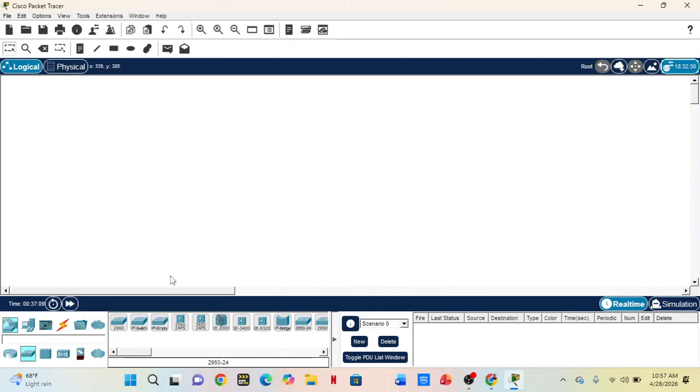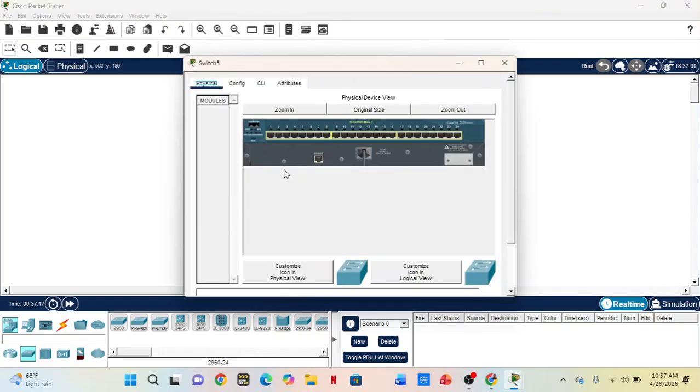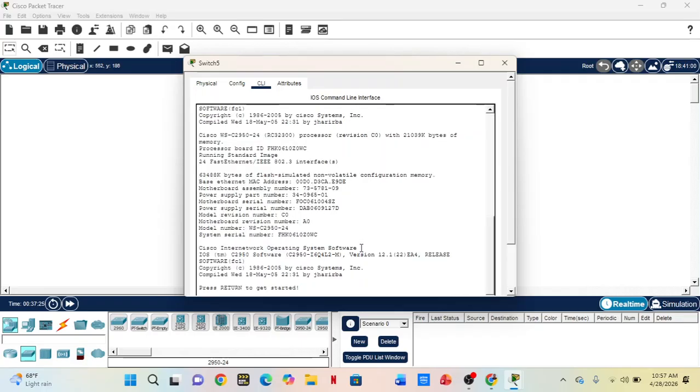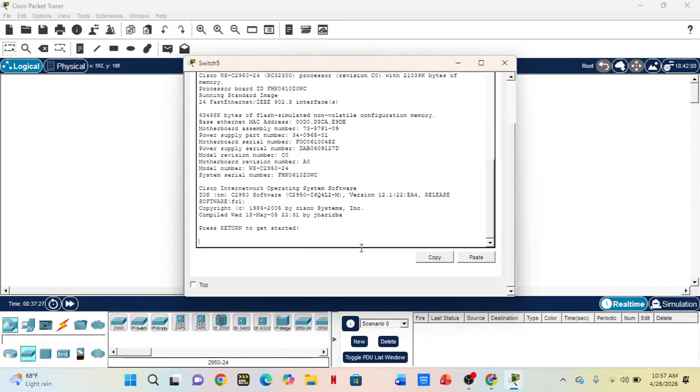So now we have to choose a switch from the options here. We have the switch options, put it on the workspace. Now you click on the switch and go into CLI. Let's wait for it to load a little bit. It needs to boot. Now I think you can access it. You have to press enter,